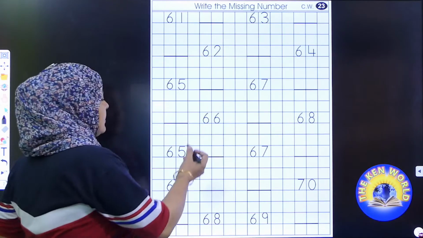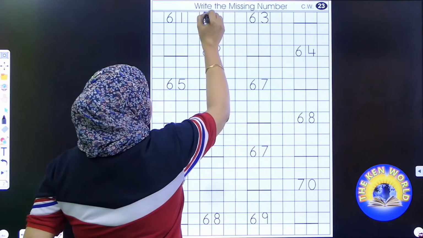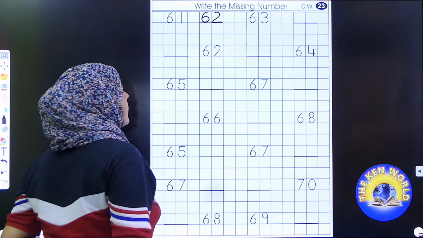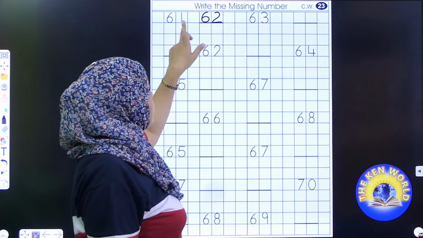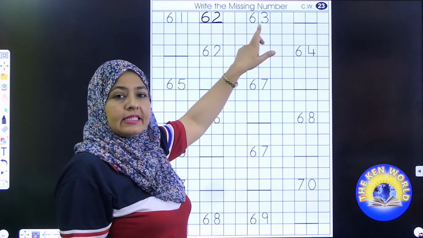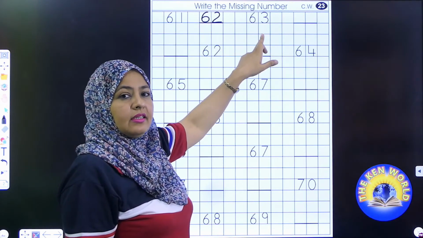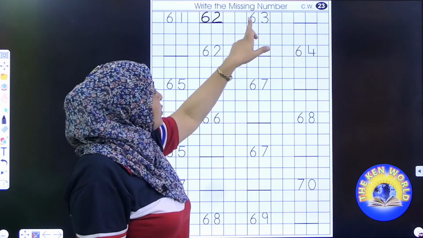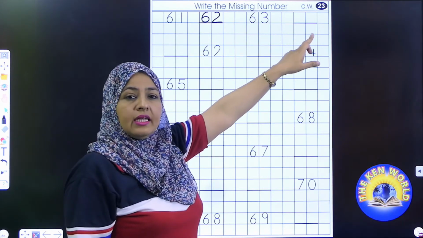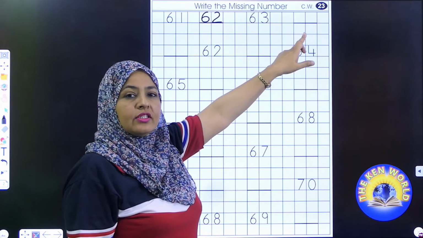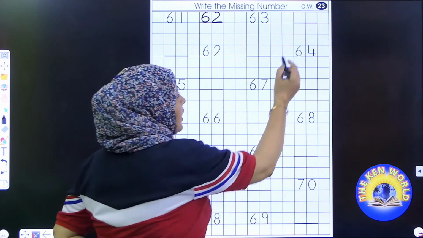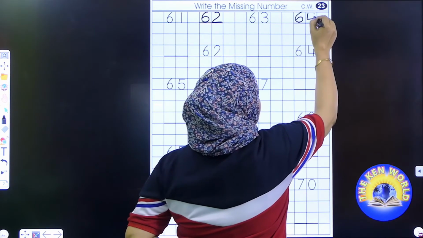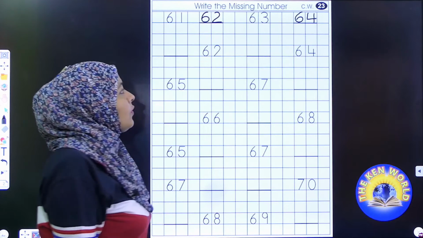So write here 62. 61, 62, 63 which is written here. And again the next number is missing. So after 63 it's 64. So write here 64.